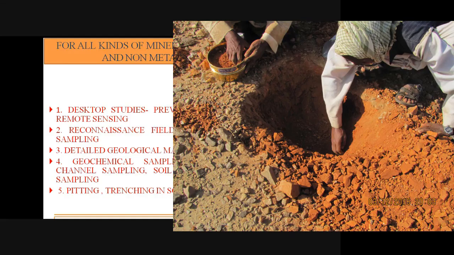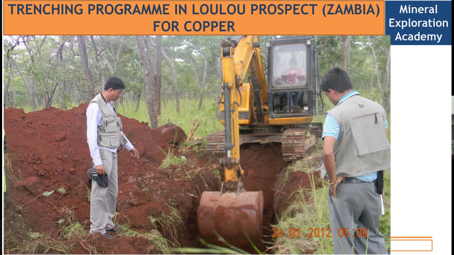Soil and stream sediment sampling is good for those areas where there are very few outcrops and no exposure, especially when we are locating base metals and precious metals. Soil and stream sediment is the best way to know about the geochemical anomaly available in the area. Also, if we want to know a little subsurface data, we can go for pitting and trenching. Trenching is always done across the strike, and we can sample the floor of the trench at regular intervals, at the interval which we decide.